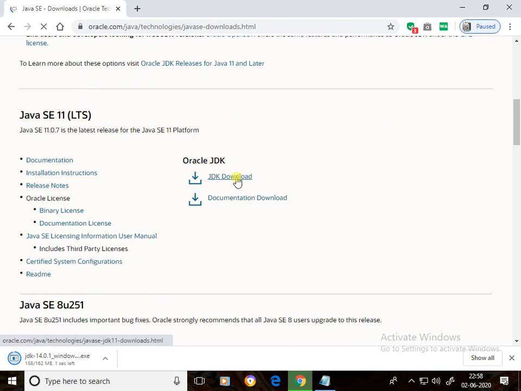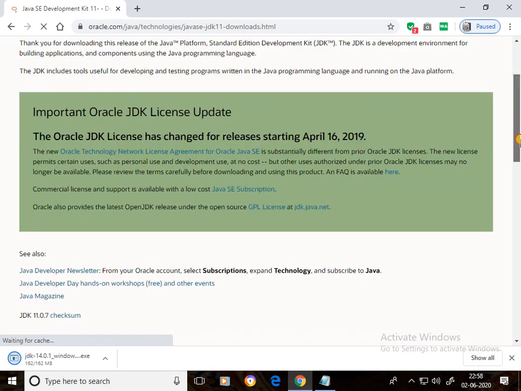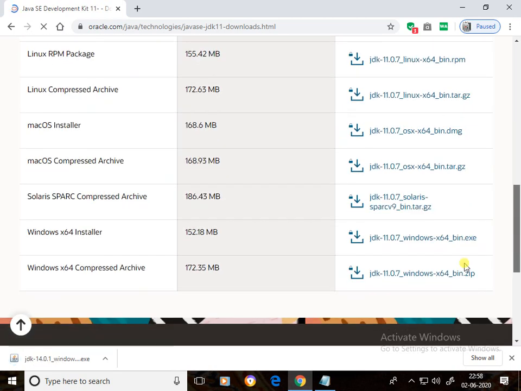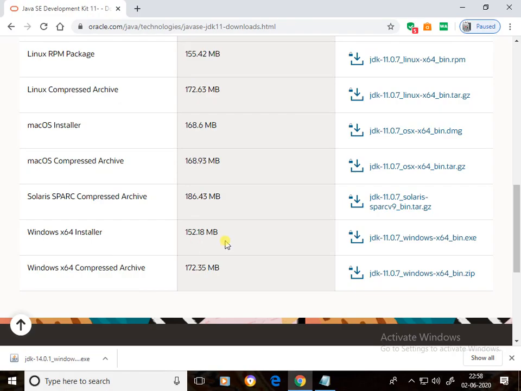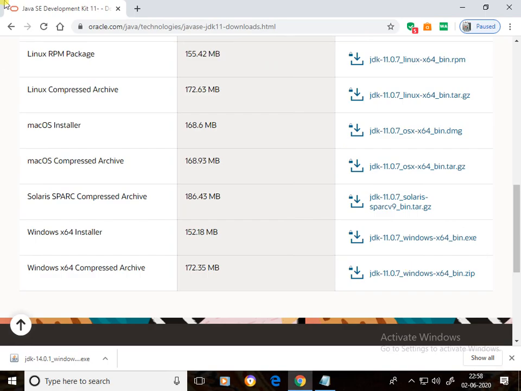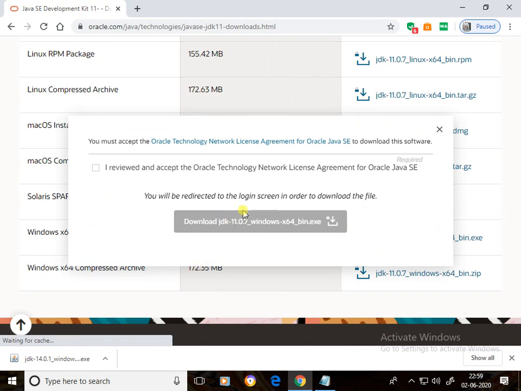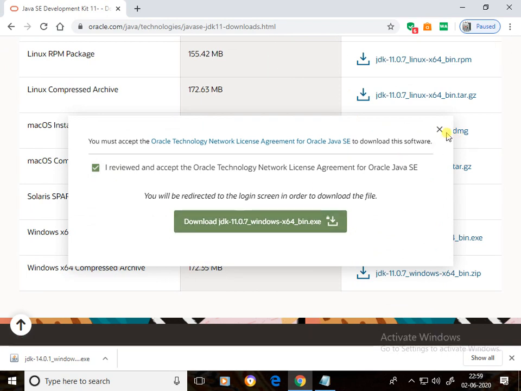If you click on JDK download here, JDK 11 is also available for Windows 64-bit operating system only. If you click on this, the JDK 11 version is downloaded for Windows 64-bit operating system.